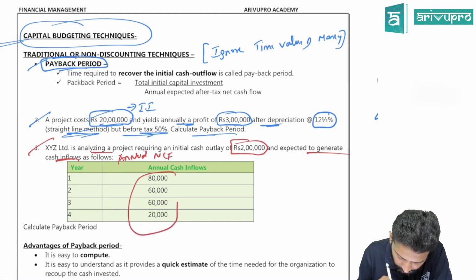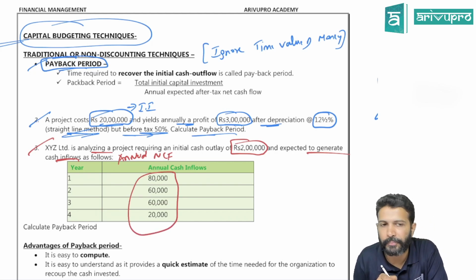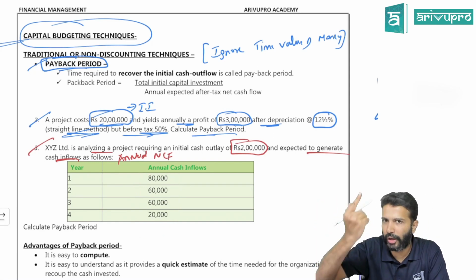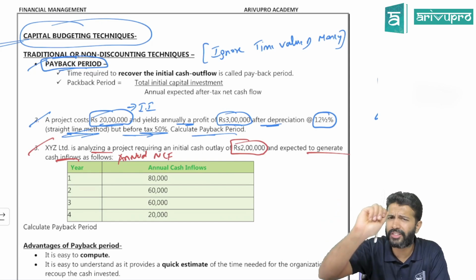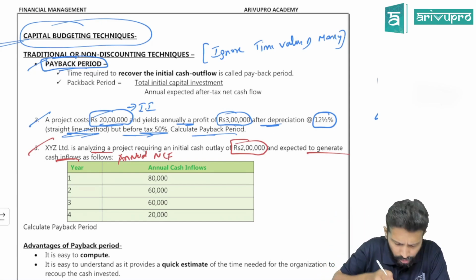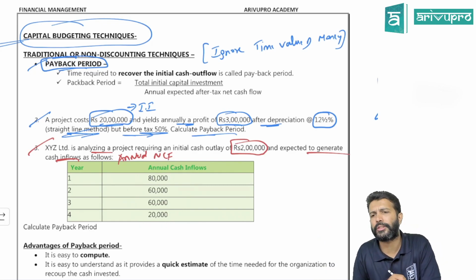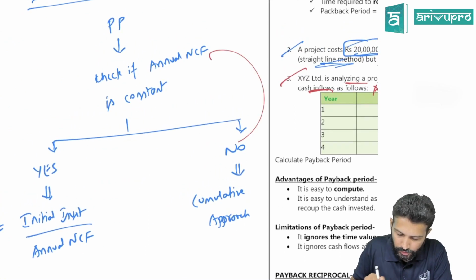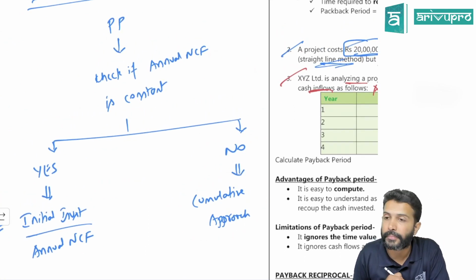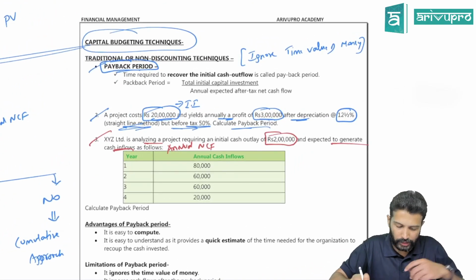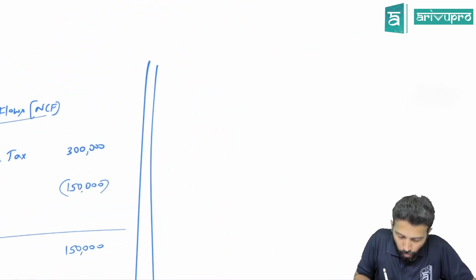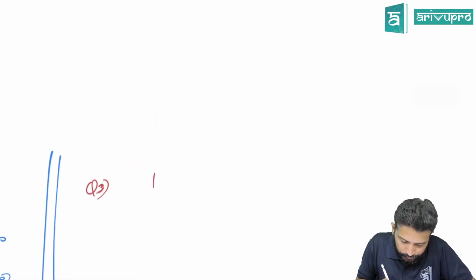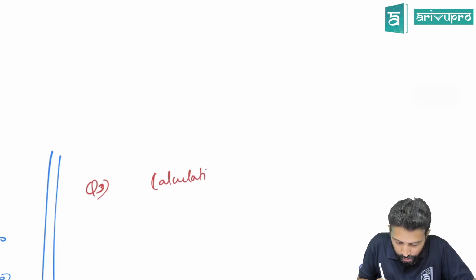If you just check the number, is it same or changing every year? So you can use the formula only if annual net cash flow is same. Because you'll have only one annual net cash flow. You can easily plug into the formula and get the answer. Here you have one cash inflows or multiples. So that's what I wrote in the chart over here. If your annual net cash flow is not constant, you need to use something known as the cumulative approach. Okay, let's see how this question works. Question number 3. Again, finding the payback. Calculation of payback period.